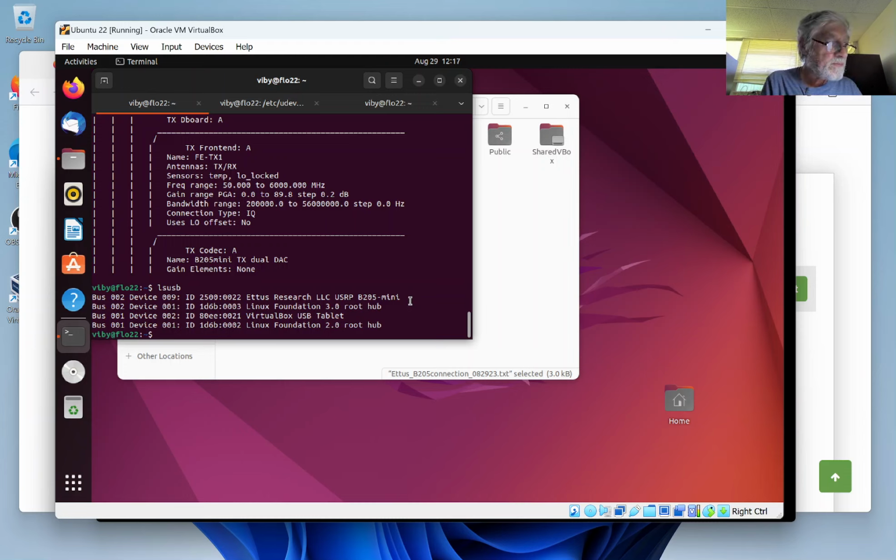We have now at long last installed the UHD driver, and now we do want to install the VOLK, which stands for Vector Optimized Library of Kernels, from source. So we go back to the home directory. We are actually in the home directory already, but if you are somewhere else, you need to go back,